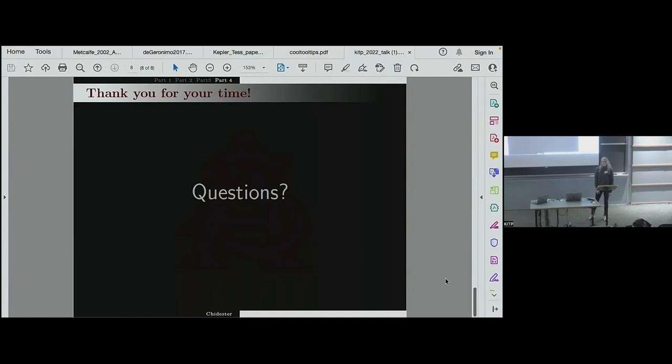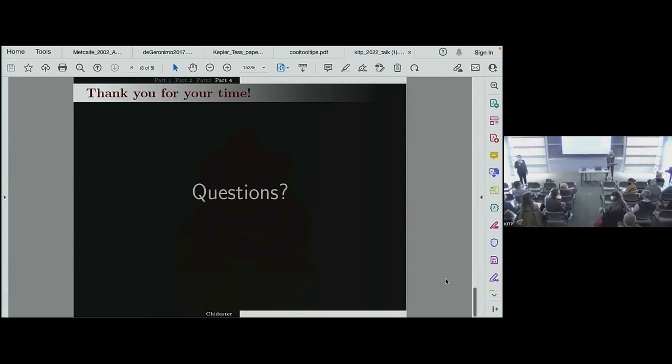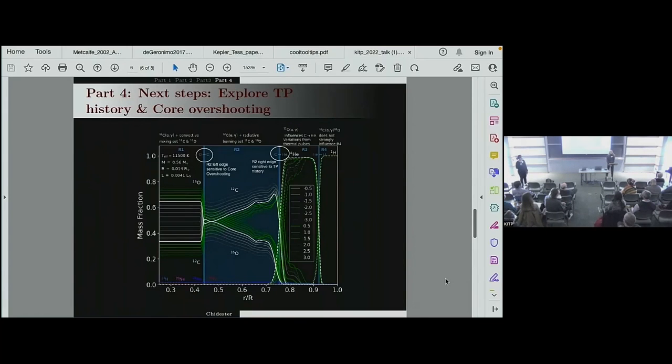Evan? Yeah, so great talk, Morgan. This is a really interesting result. I'm wondering a little more about the left edge of this region that you care about, which Maurizio gave a really great overview of all the things that can go wrong. Is there a way to sort of parametrically explore, like moving that around, doing extra mixing? It also seems degenerate with the amount of carbon oxygen you end up with. But how sensitive is the signal to extending that really much further out, say like what you might get from a breathing pulse?